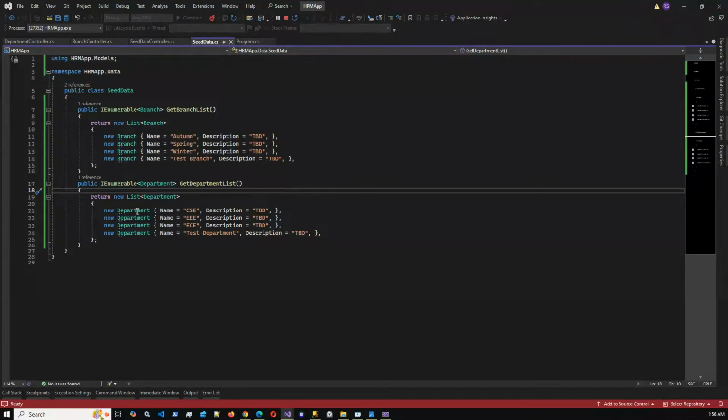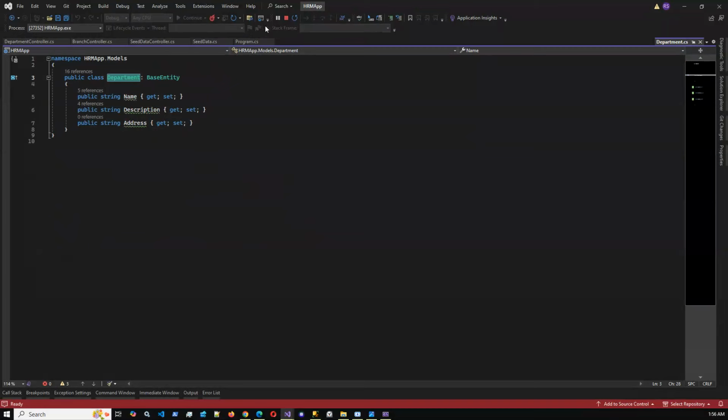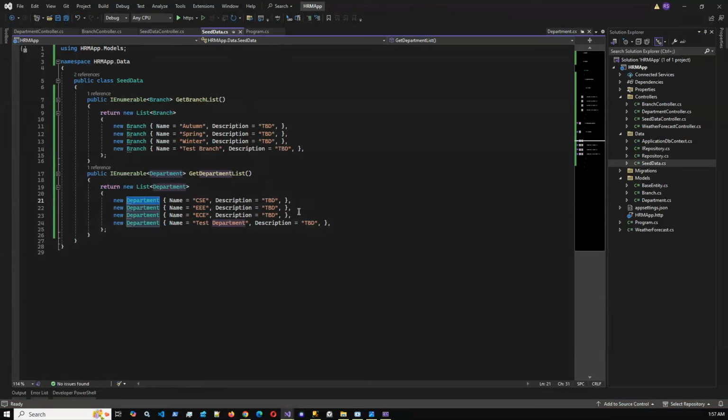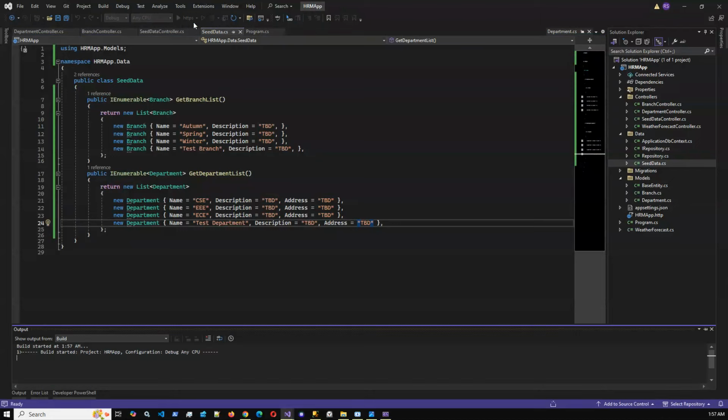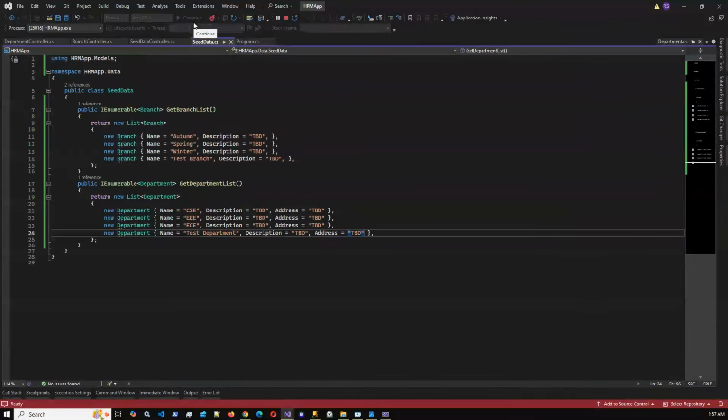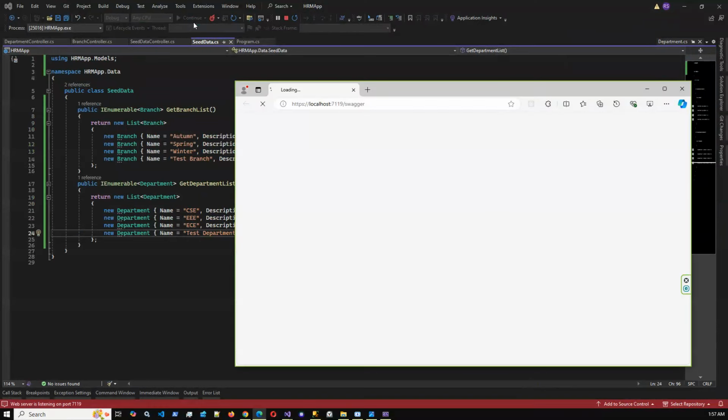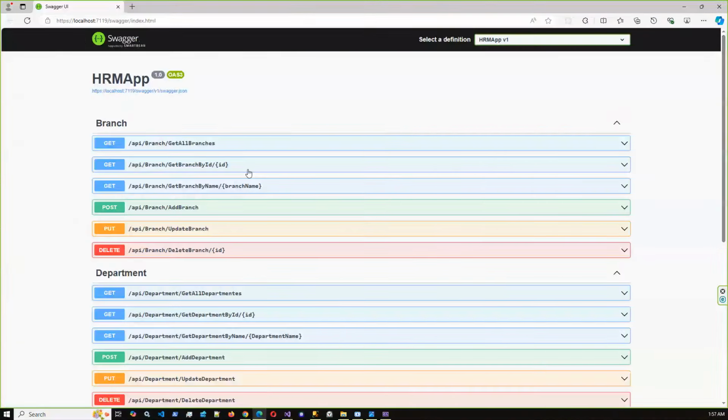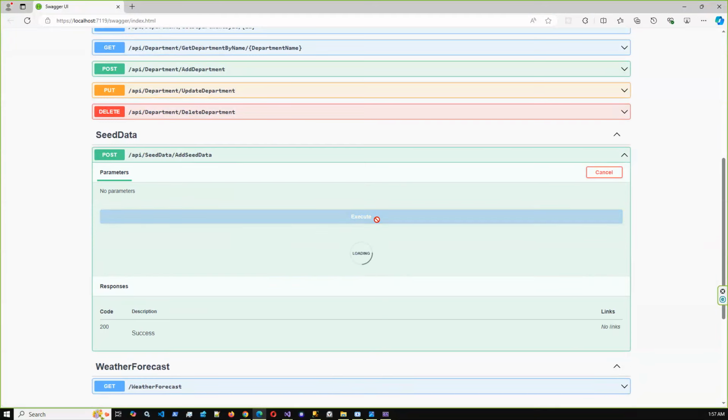We have to make sure address is set as well. Let's say TBD, to be declared. So hopefully this time we'll be able to execute the program successfully, especially the seed data controller API controller. If we go to the seed data controller and try to execute now,